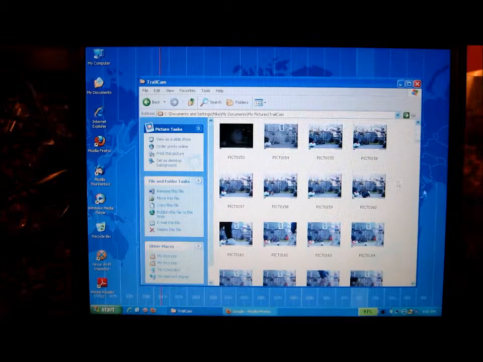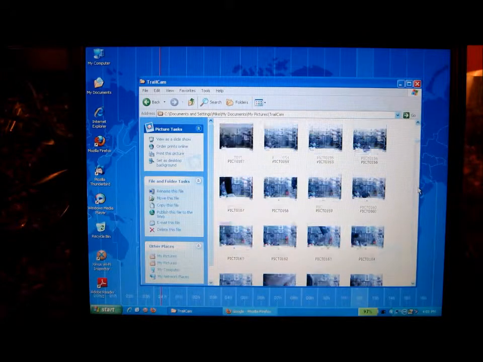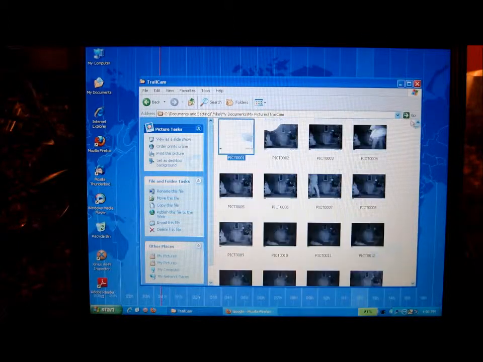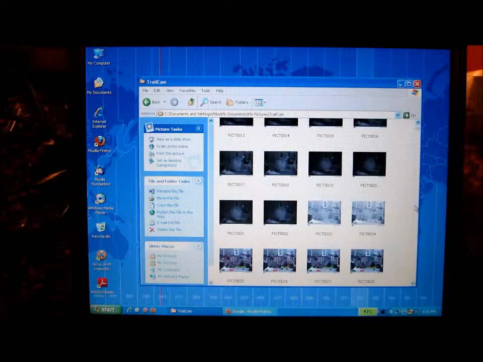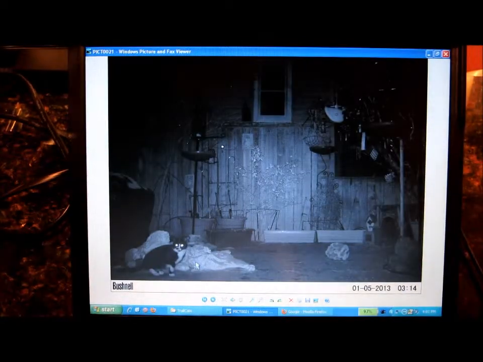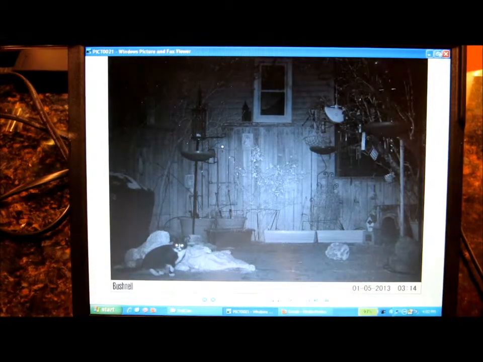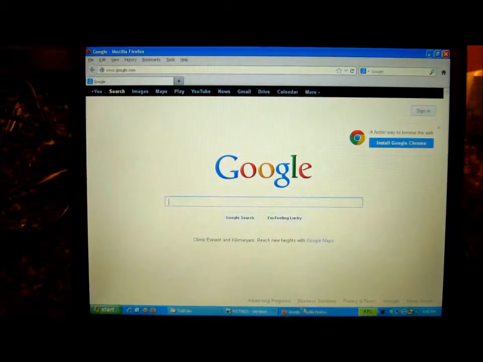So what I'm going to do is I'm going to use image number 21 here, which was an image of a feral cat that keeps visiting my backyard, as a sample image to show you how we upload them. I'll show you what image 21 looks like. Right down here is Mr. Cat visiting my backyard. So what I'm going to do is go to my internet browser, which in this case